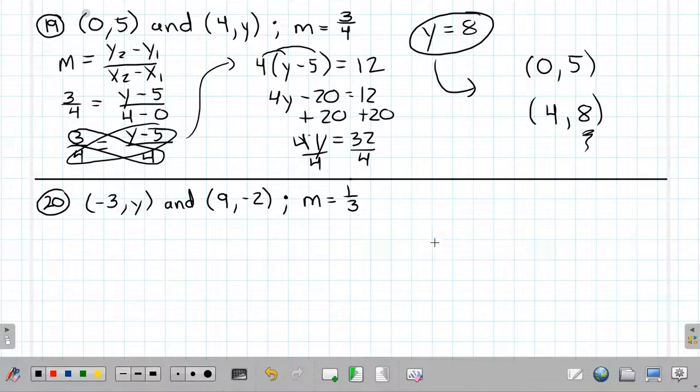Okay, and then the last one, same thing, except in this case, I'm just going to label it so you can see you don't have to move the points around. You can just keep them there. But I am going to label this one 0.2 because it has my variable in it. So once again, why do I want to do that? So that way when I plug in,